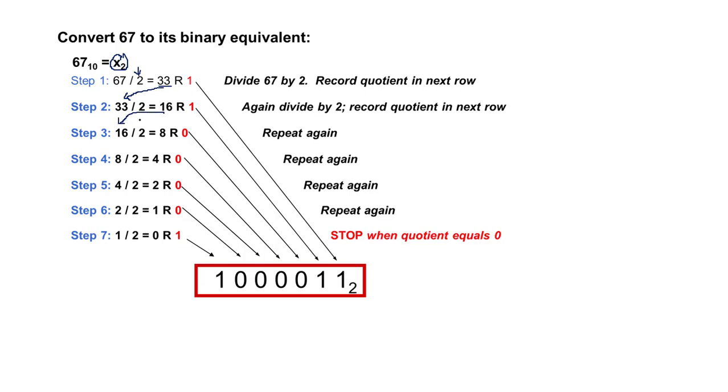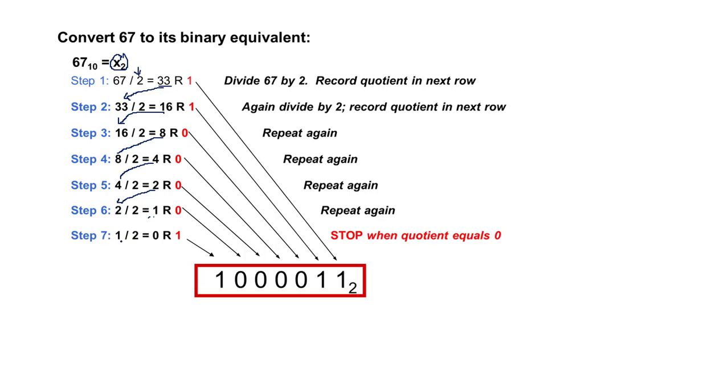This you have to continue until this quotient part becomes 0, and keep writing the remainder. So यहाँ पे 16 divided by 2, answer is 8, remainder is 0. Again take 8 forward, 8 by 2, quotient is 4, remainder is 0. Take it further, 4 by 2, 2, remainder is 0. Take it further, 2 by 2 is 1, and then you take 1 by 2. When you take 1 by 2, obviously you have to think like a C programmer, that both are integers, so obviously I am going to get the answer as 0.